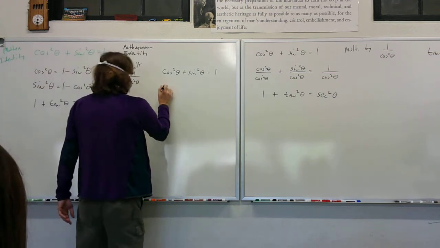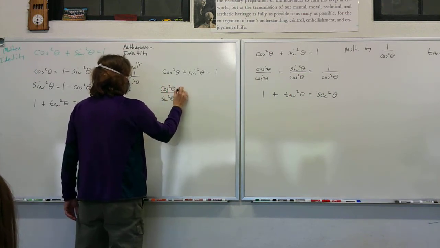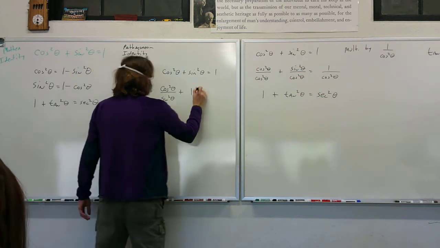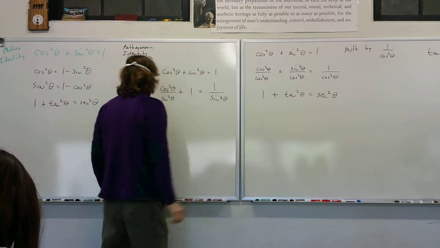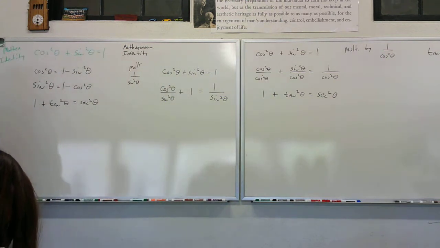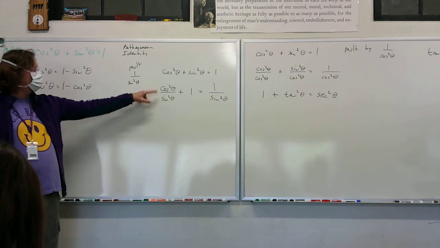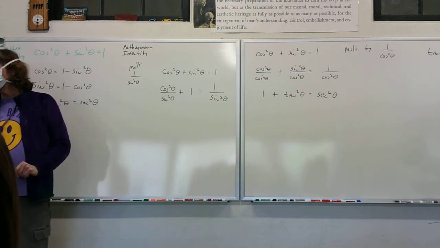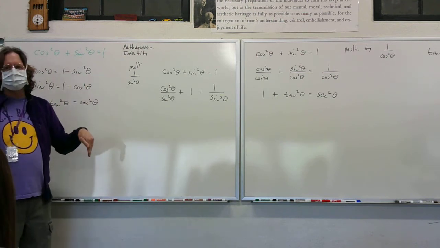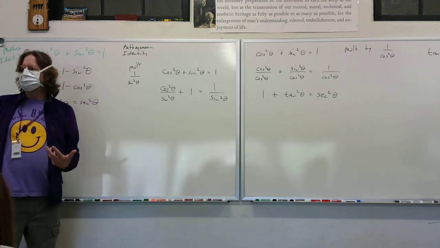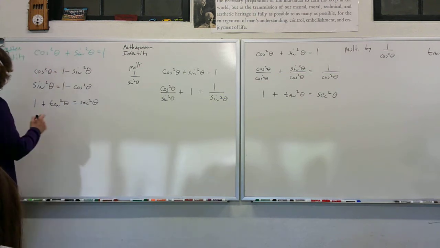Well, I'll get cosine squared theta over sine squared theta plus 1 equals 1 over sine squared theta. Oh, I bet you can already tell me what that reduces to. If tangent is sine over cosine, what is cosine over sine? Cotangent. Tangent is sine over cosine, and the reciprocal of tangent is what? Cotangent. Cosine over sine. So we're going to get cotangent squared